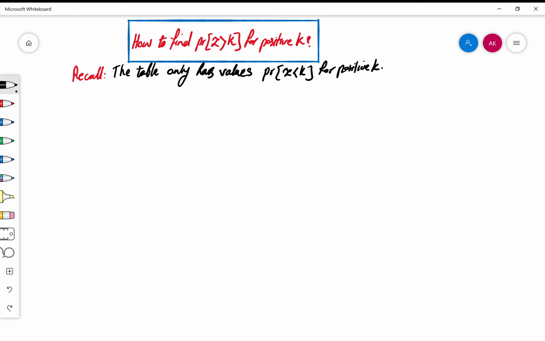So that's what we know so far. Okay, but now if someone wants to find the probability of Z bigger than a positive number,